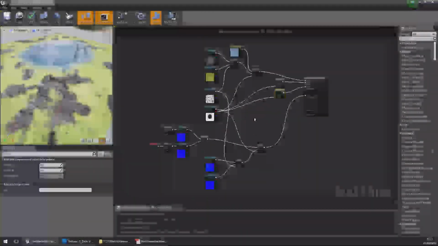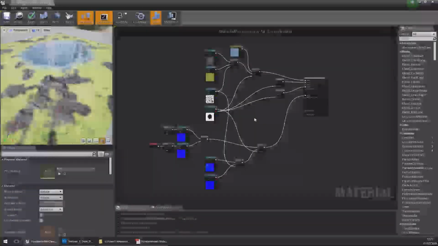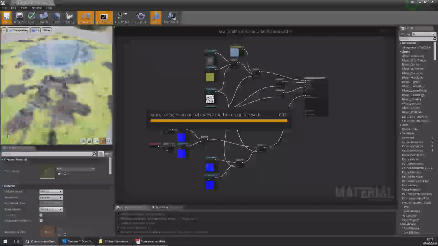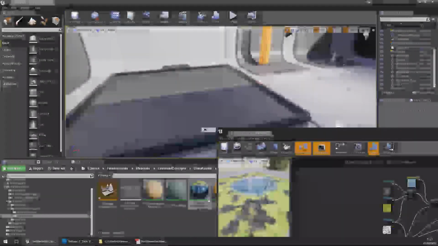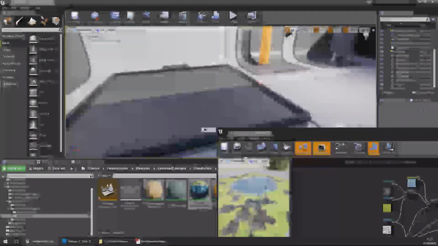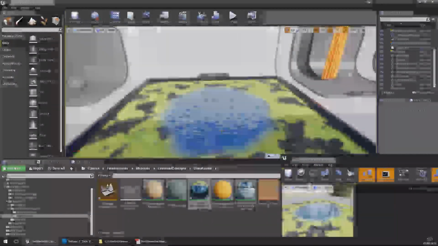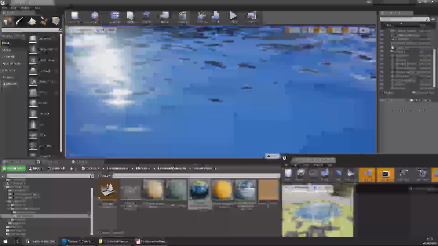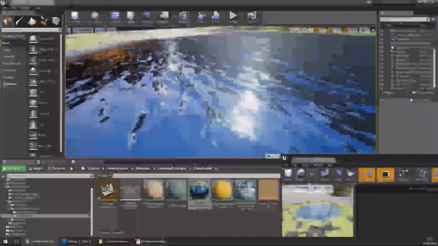Here's the entire setup, if you'd like to compare with what you have. I'm going to save that. And we're going to apply that to the surface in the level, just drag it on top. Again, it might take a few seconds before it appears due to compiles and internal compiles, but eventually we'll get this. It's very simple, it's very basic, it's not the prettiest water ever,